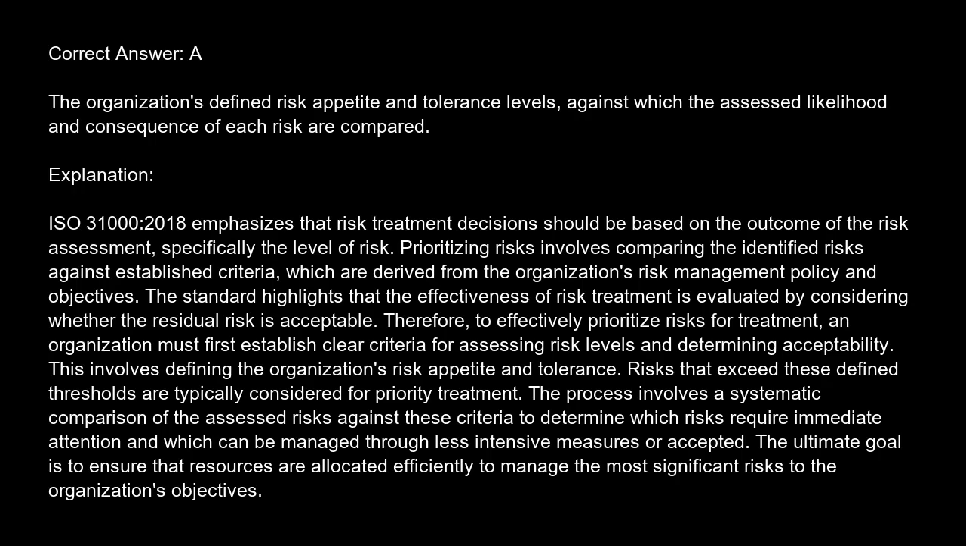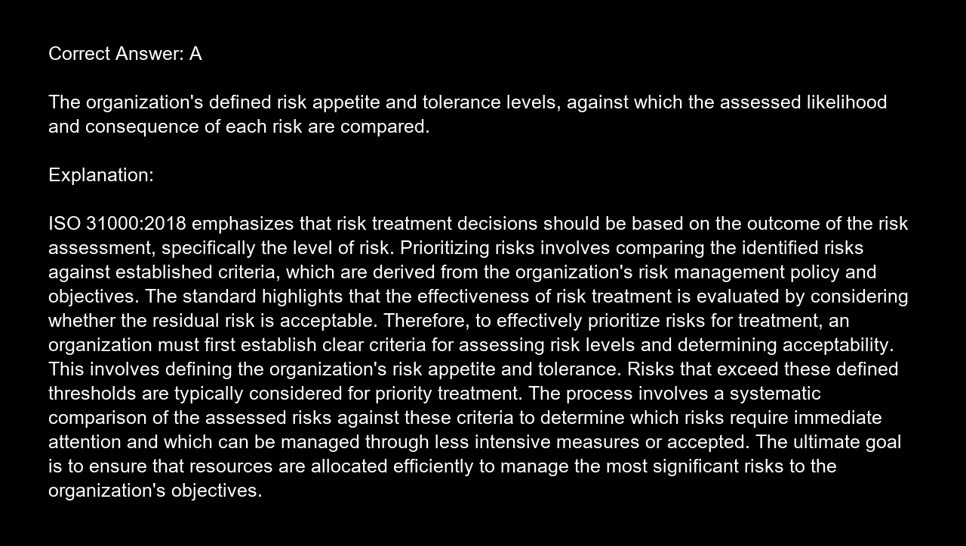The correct answer is A. The organization's defined risk appetite and tolerance levels, against which the assessed likelihood and consequence of each risk are compared. Explanation. ISO 31000-2018 emphasizes that risk treatment decisions should be based on the outcome of the risk assessment, specifically the level of risk. Prioritizing risks involves comparing the identified risks against established criteria, which are derived from the organization's risk management policy